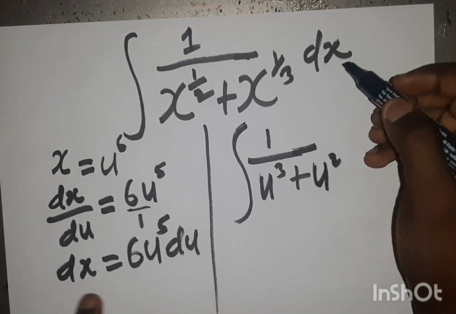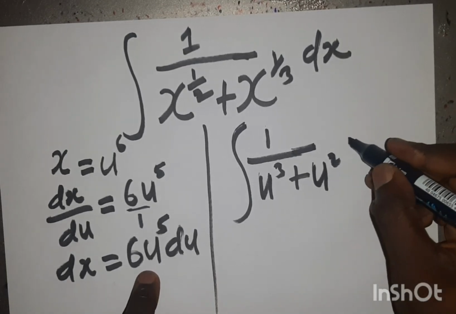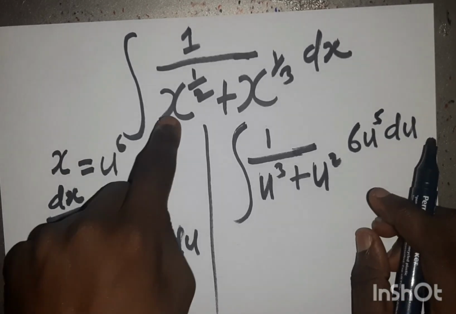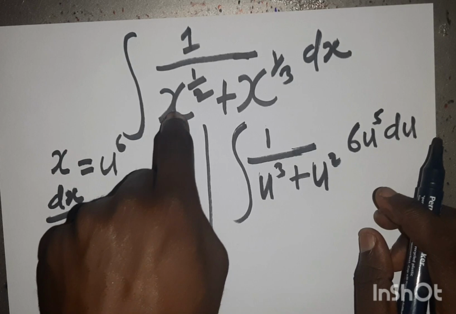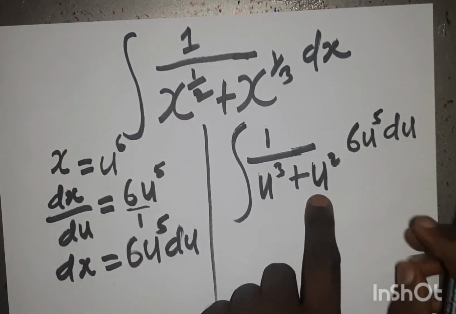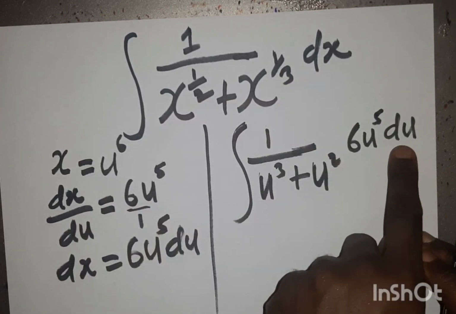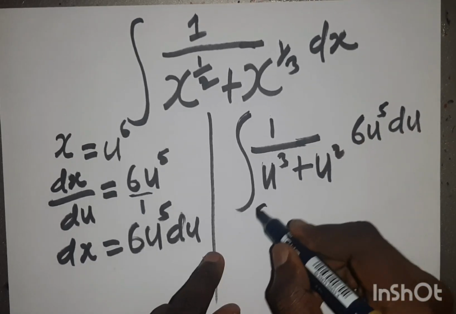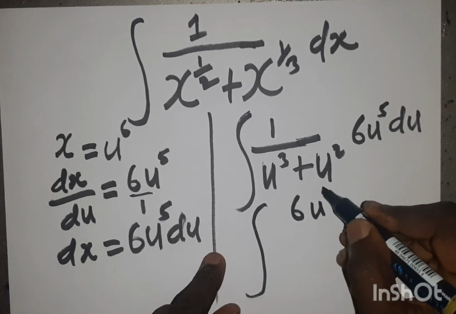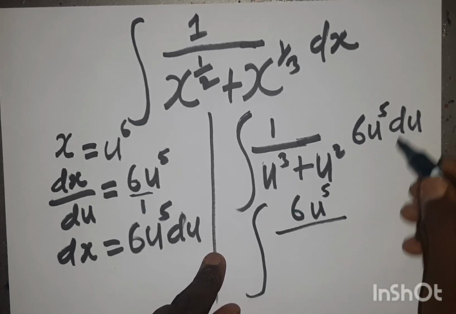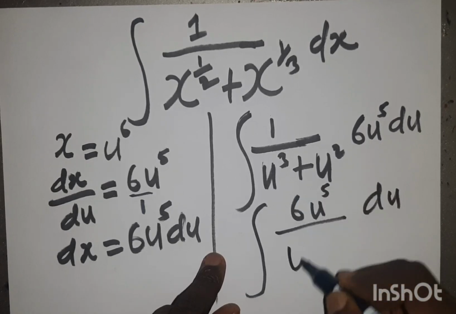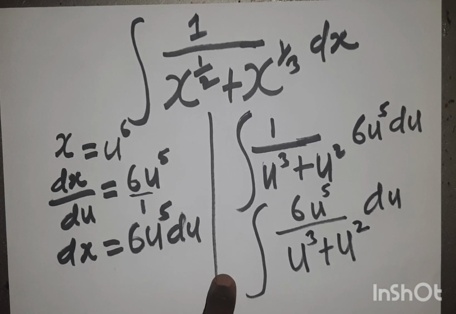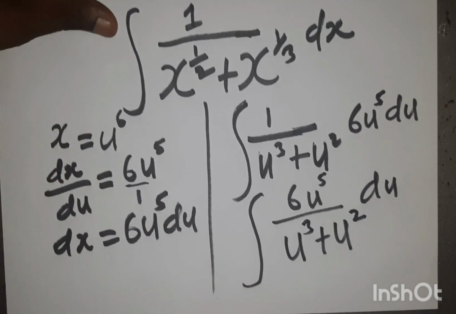And then my dx is now what? dx is 6u raised to the power 5 du. Remember, I had to write this x raised to the power 1 over 2 and x raised to the power 1 over 3 in terms of u, because now I'm going to be integrating with respect to u. So 6u raised to the power 5 times 1 still gives me 6u raised to the power 5, I still have my du, then over u raised to the power 3 plus u raised to the power 2. So if we continue from here,